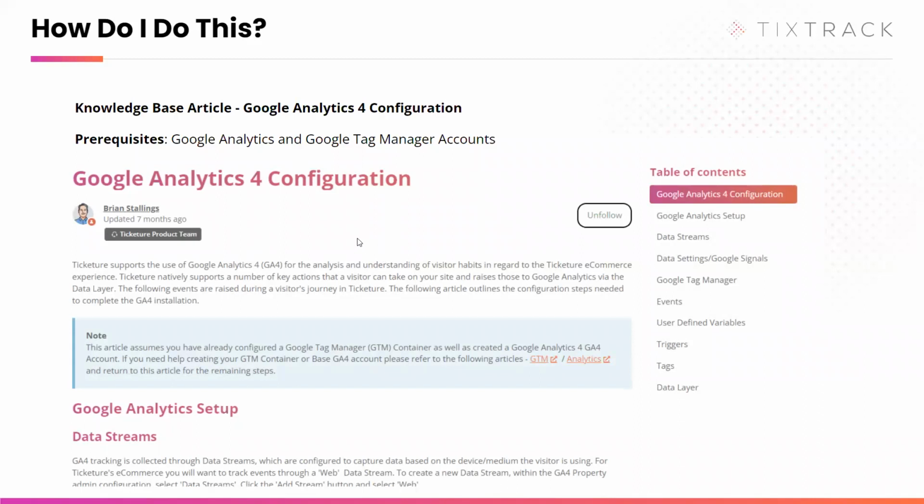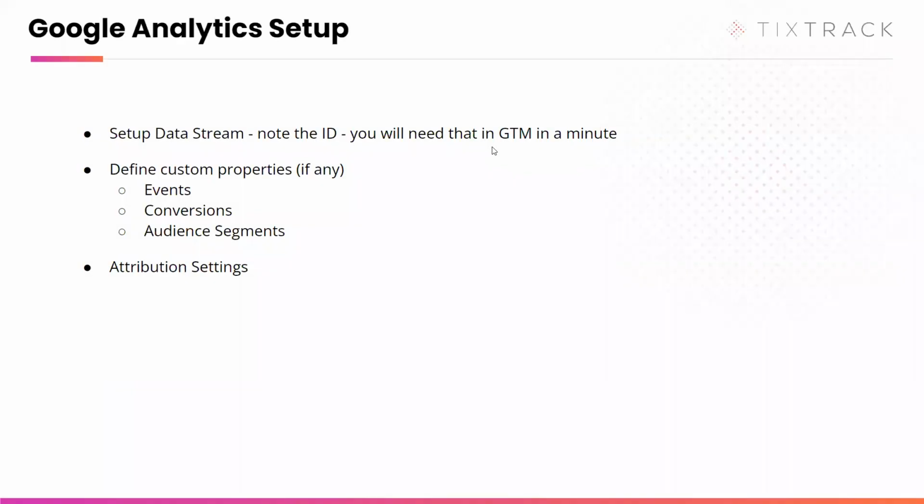Obviously, you'll need a Google Analytics account and a Google Tag Manager account. Can't really do that without those two items. So I assume you can get those all set. There are steps on how to get those things set up in that article if you need. I'm going to talk the items through quickly, and then I'll actually show them.